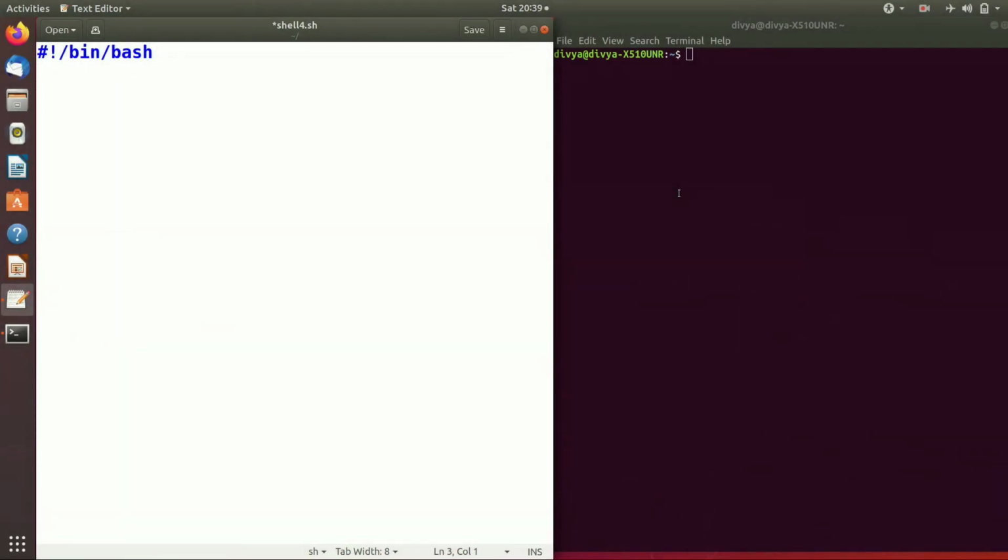In the last video we have seen how to use if statement, else statement and if else statement in a shell script. Now in this tutorial we will use those if statements to check for the file test operators. So let's get started. Most of the time when you are writing shell script you are dealing with files, and for example if you want to check whether the file exists or not, or if you want to check that the file is a regular file or a block special file or a character special file or many other options, you can use this file test operator to check those conditions. So let's see how we can use those conditions here.